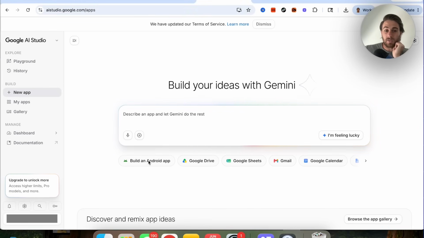So now you could build an Android app. You could actually launch it on your phone as a private app. Not this phone because I have an Apple phone, but if you do have an Android phone, directly from AI Studio, which is pretty insane, you can now link apps that you build and give them access to your files